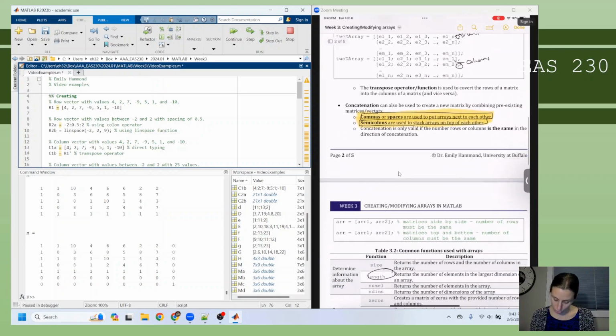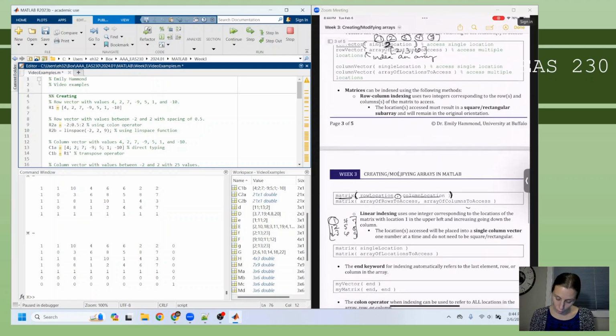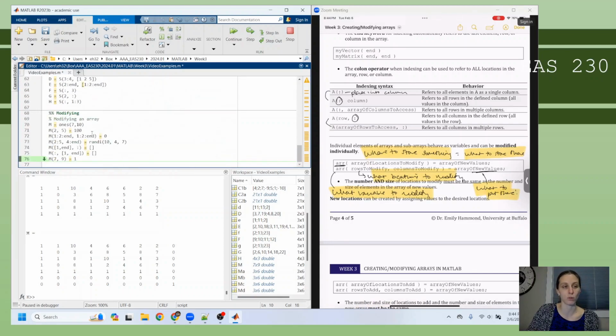Other key things to note. This whole idea of how we index things. Where to store something equals what to store there. Asking ourselves, what variable are we modifying? What locations do we want to modify? What do we want to put there? Making sure those numbers match. So those are key things, and we will go over lots of examples. We will go more in depth on the colon operator. We will go more in depth on the linspace function, and we will explore all of these examples and